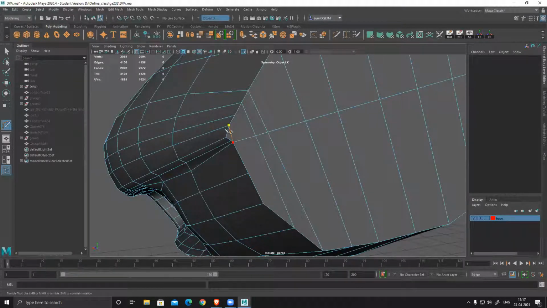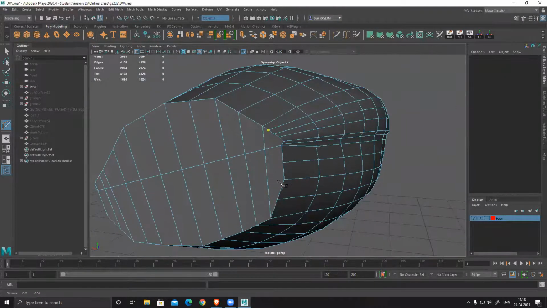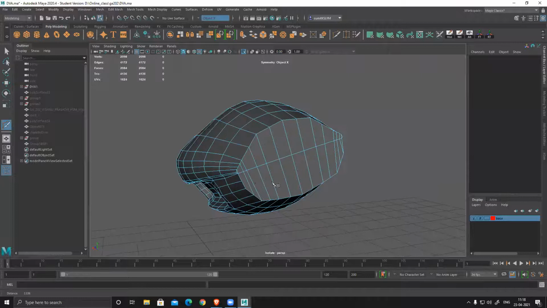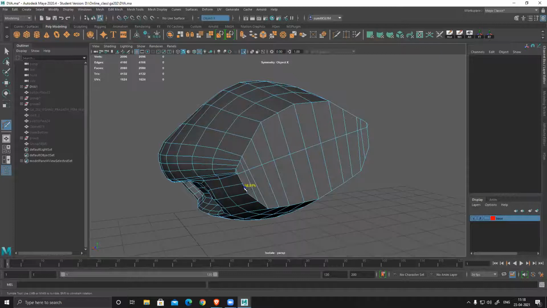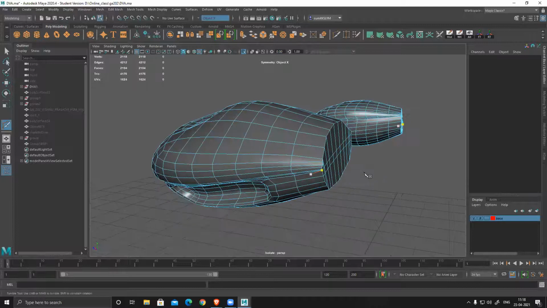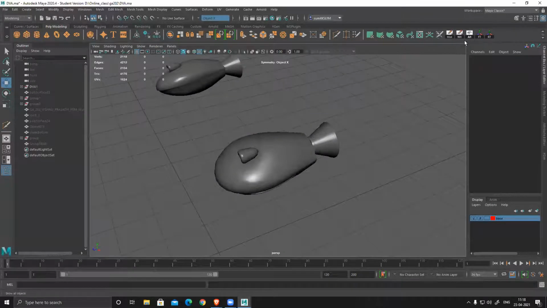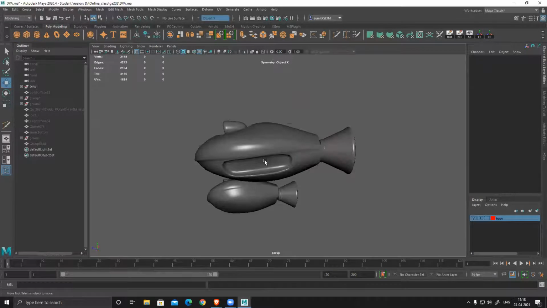It's a quad. And this one I can connect here. So you can smooth by just selecting faces also.